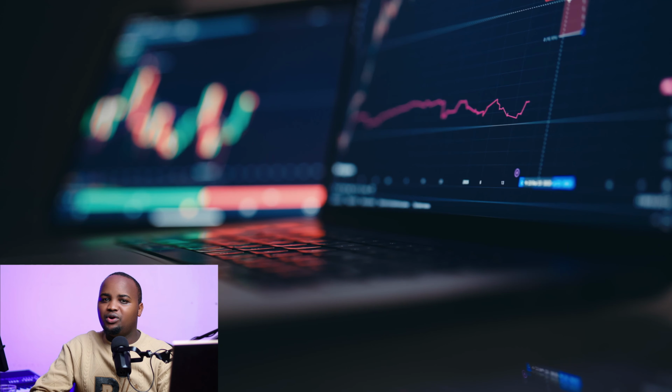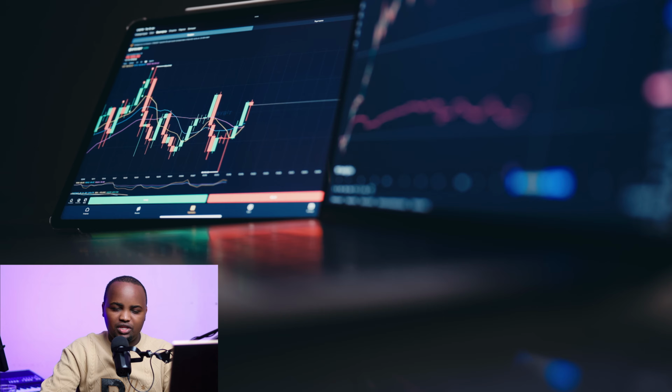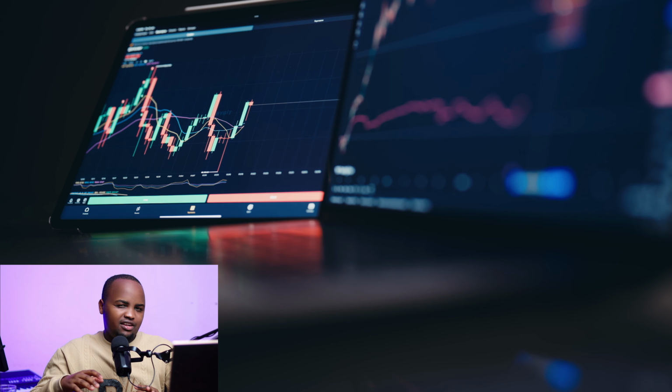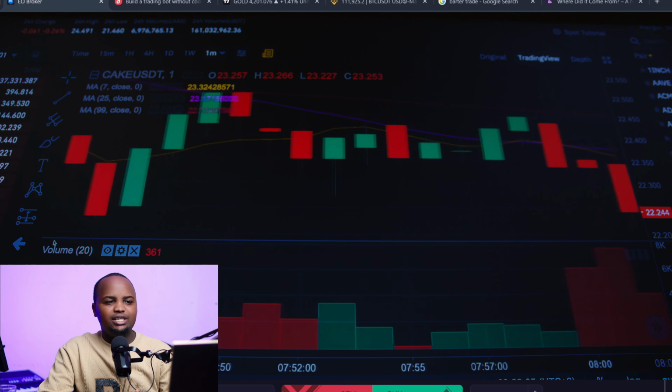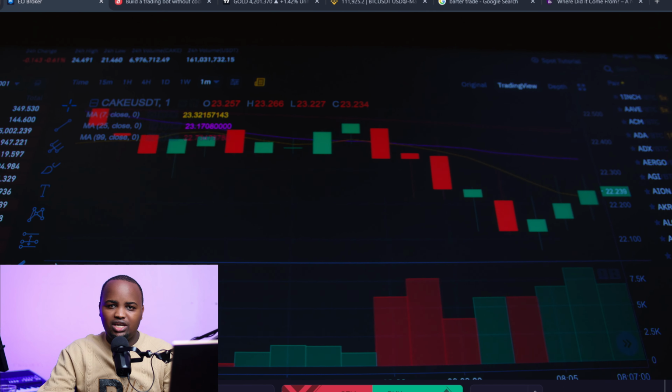So what is trading, how can you get started in trading, what do you need in trading? This is what we are going to be talking about. There are differences between different trading. There are actually a lot of types of trading. That is what we are basically going to start with.